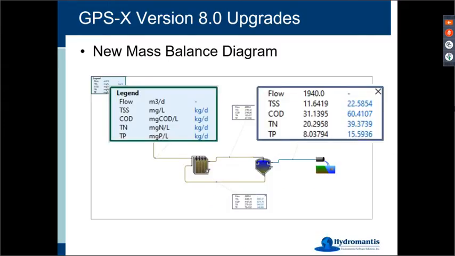So the idea here is that we've created a legend that sort of shows you what each of the values that you see in each of the boxes are, in order to save on some real estate and some space in that diagram. But you can customize all of these. And in fact, you can even customize what you want to show up in that list as well.